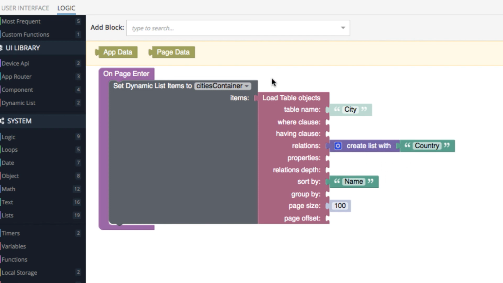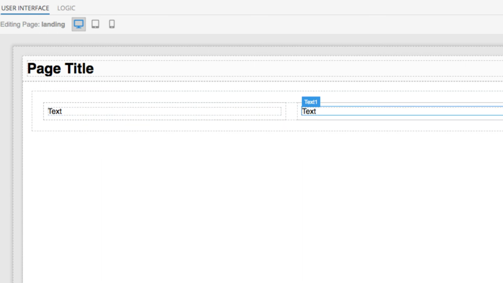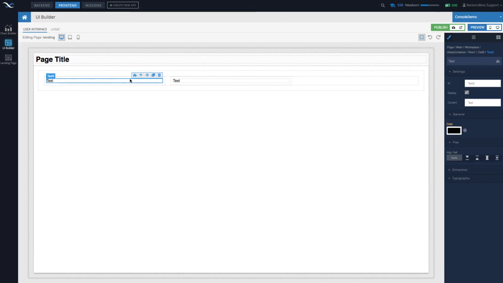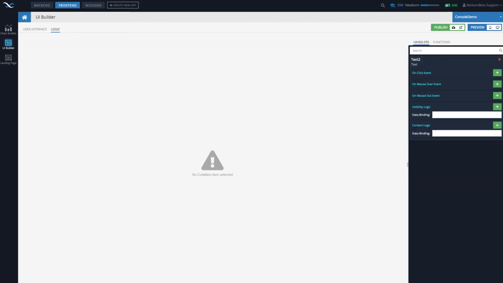Now, when we render that row, we already take care of this one. This is going to be the name of the city. This is going to be the name of the country. The name of the country, in order to populate it and display in this text label, let's go to logic. And then in the content logic, at this point, we cannot use data binding, because data binding, in this case, we could reference only properties that belong to the actual city. But now we need to reference a property that belongs to a country that belongs to a city. In this case, we need to add logic to resolve the content of the country.